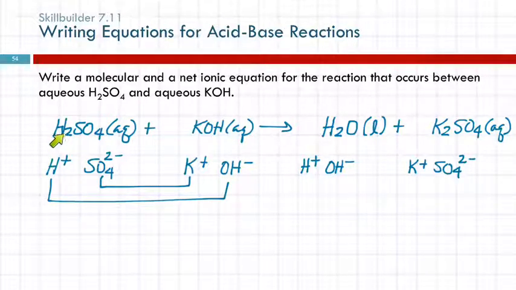So now we've got hydrogens and oxygens all over the place, right? You have a question? Yeah, how do you determine the state of something that's not as familiar as water? If it's an ionic compound, ionic compounds tend to have really high melting points. And so if it's a pure ionic compound, it'll be a solid at room temperature, always. If it's in a solution, we just learned how to use the rules to determine if it's a solid or